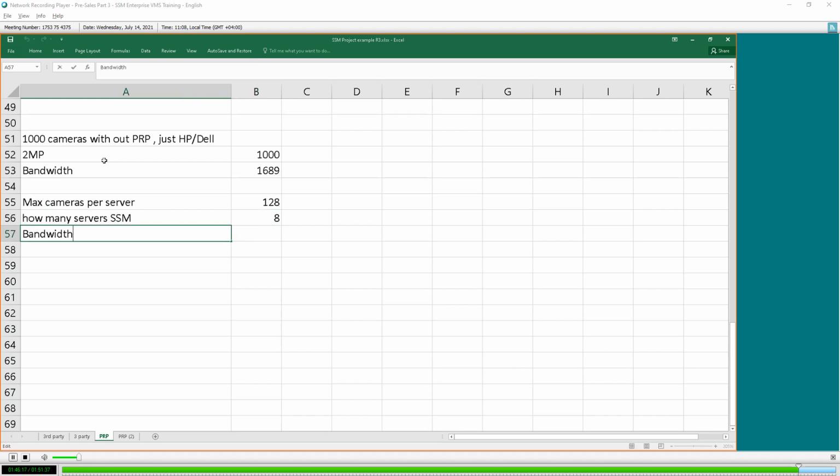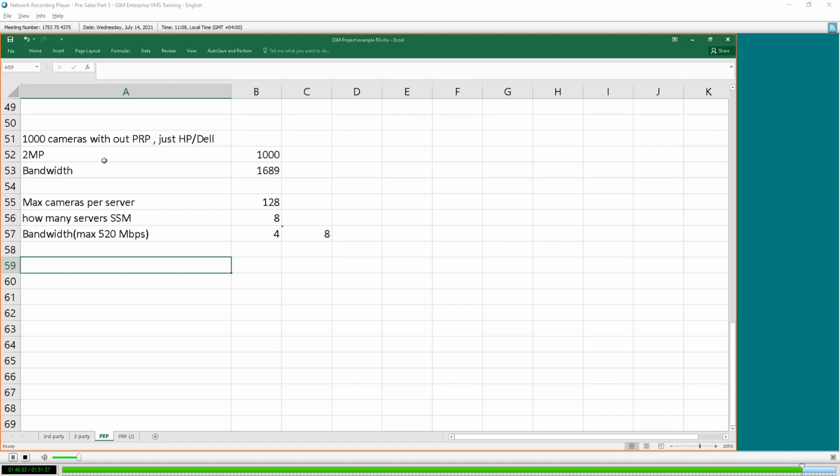Okay, now bandwidth. The max is 520 Mbps. So you divide this by 520. You need 4, but channel wise you need 8. So this is not a valid calc. Okay, fine. Max of this is 8, so you need 8.